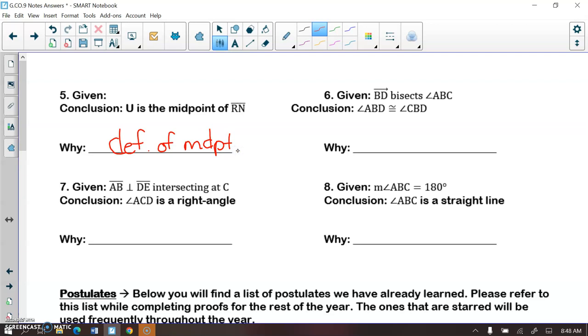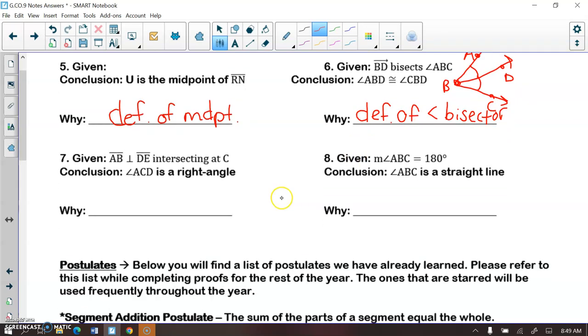Ray BD bisects angle ABC. So if I drew myself a picture to dictate this, it would look like this, and angle ABD is congruent to angle CBD. That's the definition of an angle bisector. You can use the angle symbol for angle. All right, next,